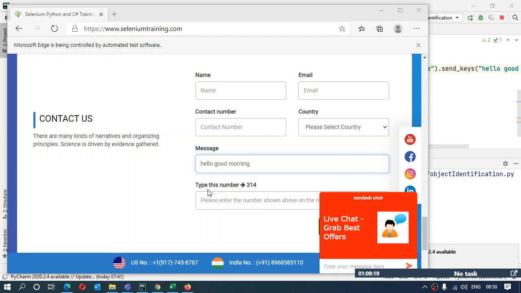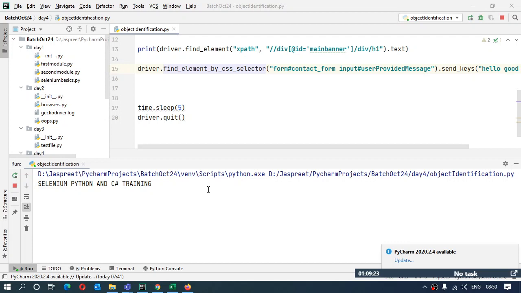So you can see in the text box my message got printed what I wanted to print, and my browser got closed. So this way you can make the CSS selector and use that as well.